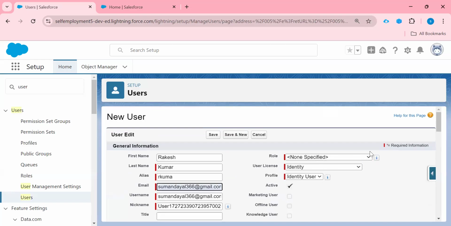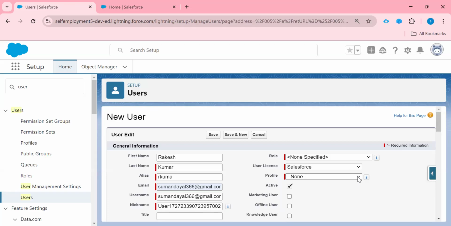So here you can specify the role of this user, right? But right now I am not going to assign any role, so I can leave it blank. So user license is Salesforce. I need to assign a profile, right? So which profile have I created? I have created the custom standard profile, right?